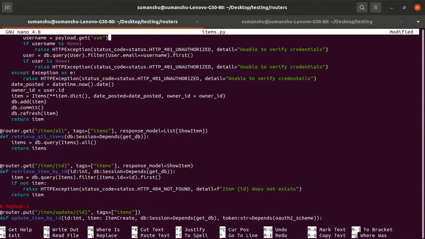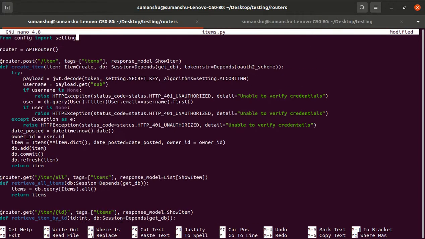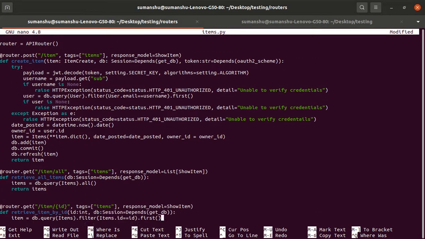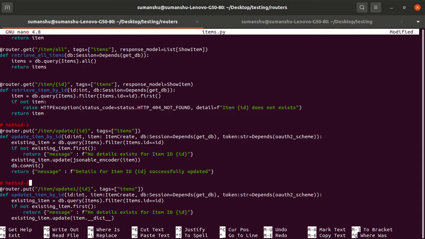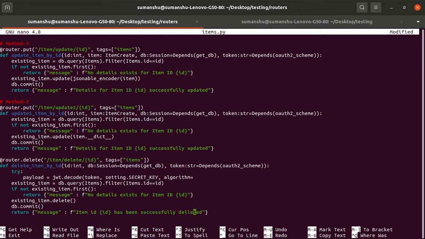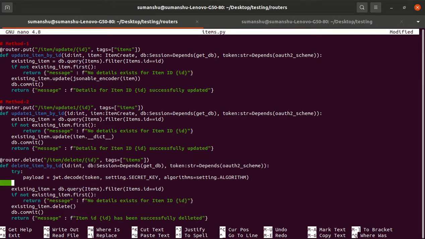So I think it is algorithm only, algorithms, sorry. So it is basically algorithms, because we can decode the token using multiple algorithms as well. So settings dot algorithm.